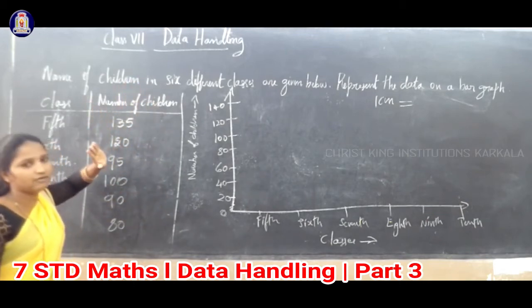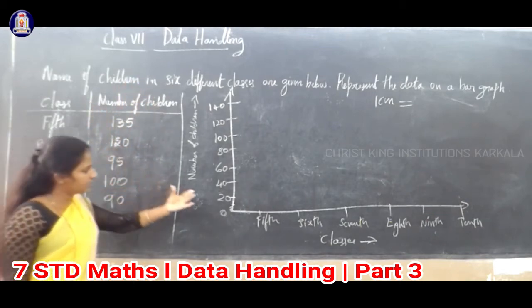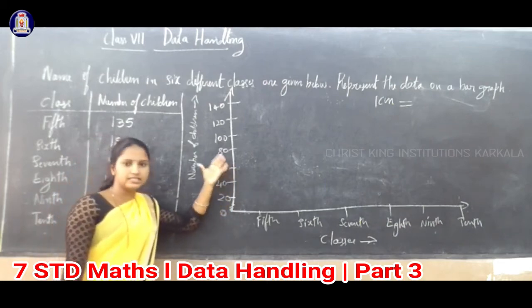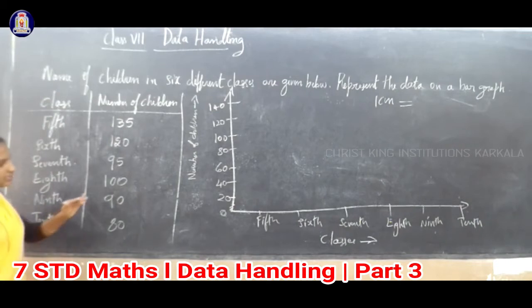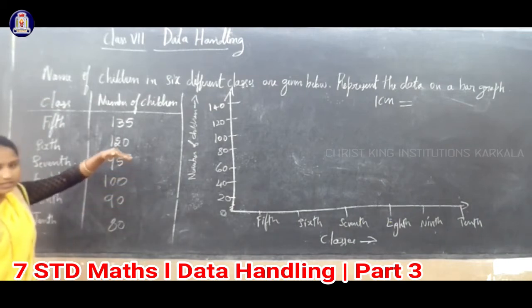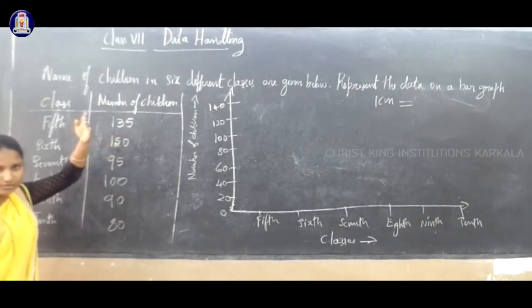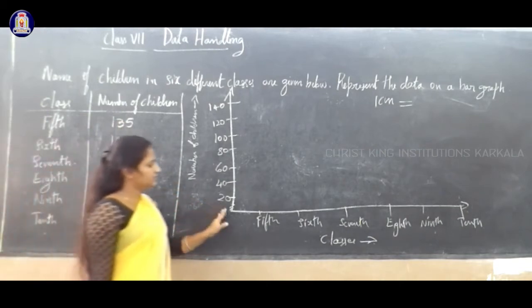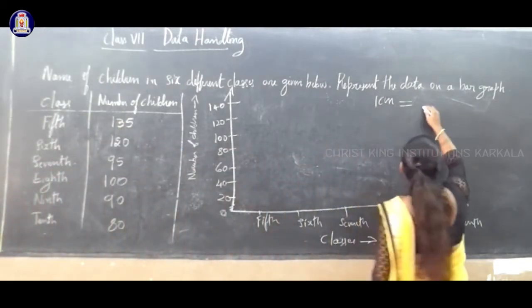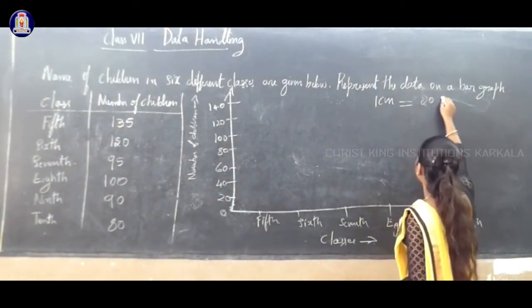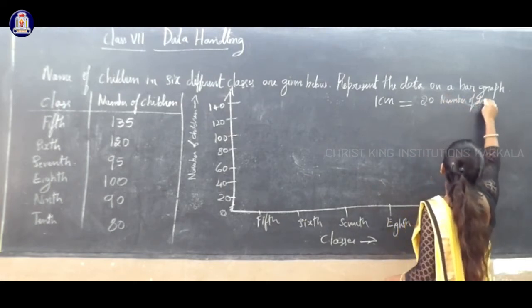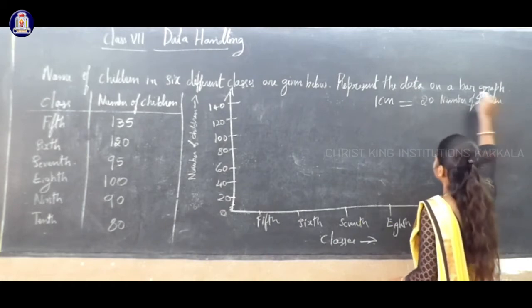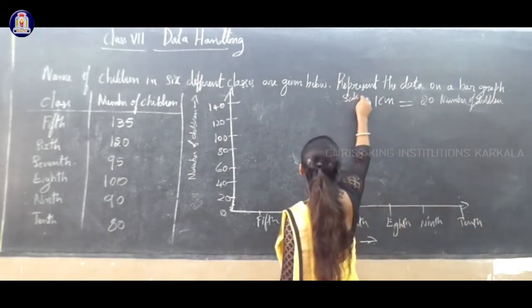So I think you will all get a very big vertical line. Instead of writing that, we can take the scale as 20, 40, 60, 80, 100 like that. Or else we can consider 25, 50, next 75, 100. We can take the scale like this. So now 1 centimeter is 20 children. Clear? This is the scale you are writing now.